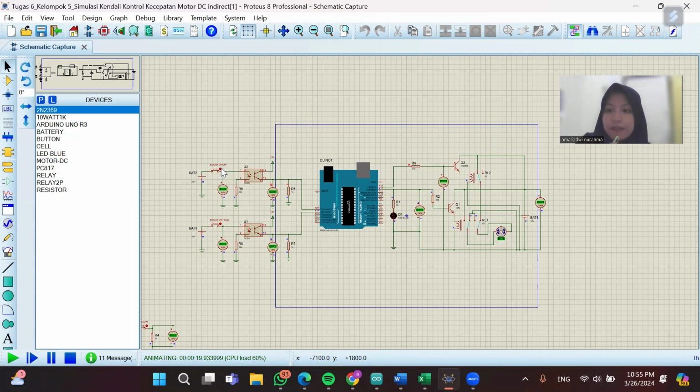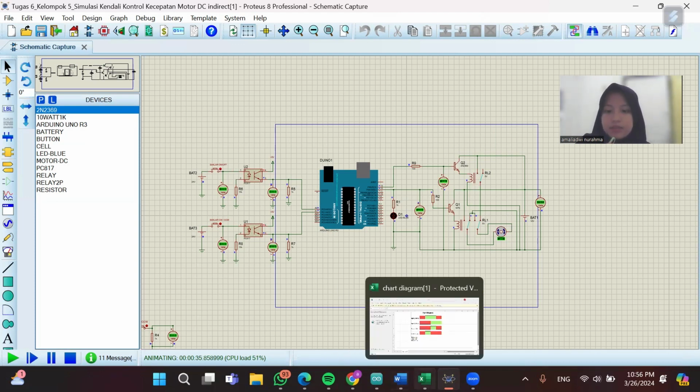The 5 volt power will enter point C or collector and go to point E or emitter. Then there is a voltage that goes to a 1 kilo ohm resistor and ground. Some go to pin A0. When the switch is off, the voltage is 0, while when the condition is on, the voltage will be close to 5 volts. Likewise, on the switch to adjust the direction of CW or CCW.